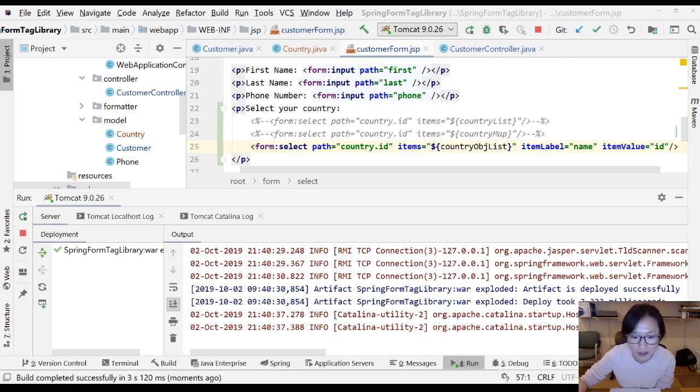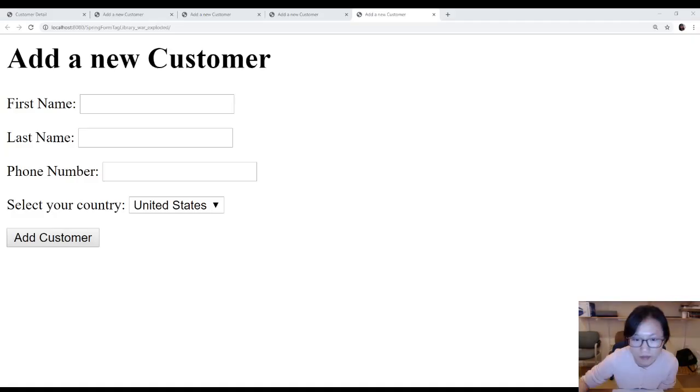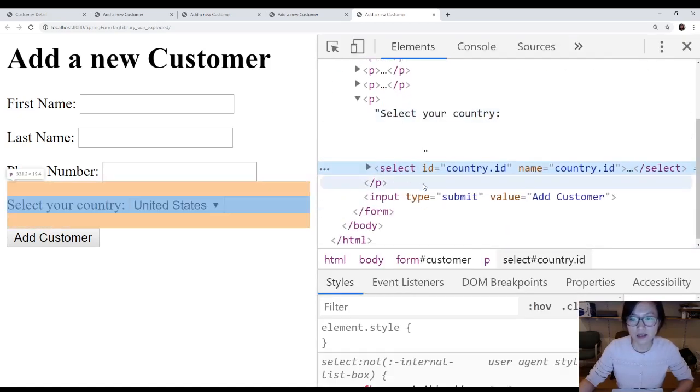Now the application is up, and I'm gonna go back to our browser. Let me switch, okay? This tool I'm using, OBS, is not that good, because every time I switch to another application, I have to switch here. So here you can see everything is rendered, and when you inspect, you will see exactly the same